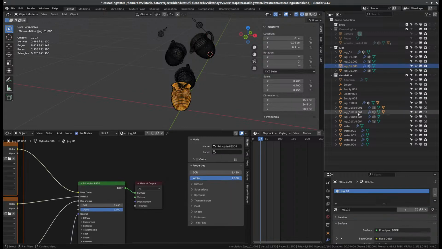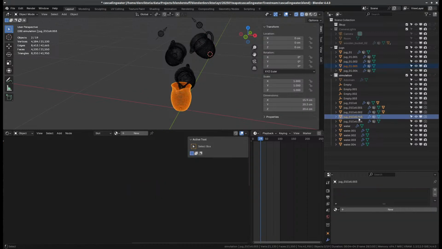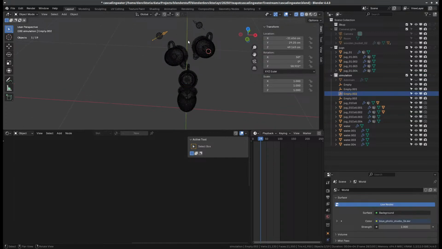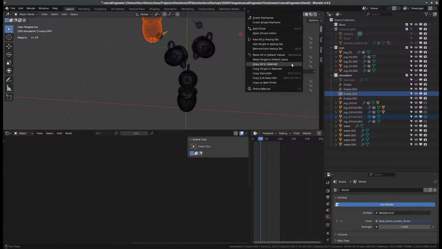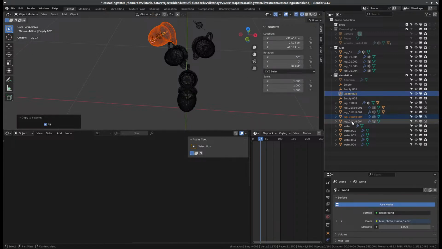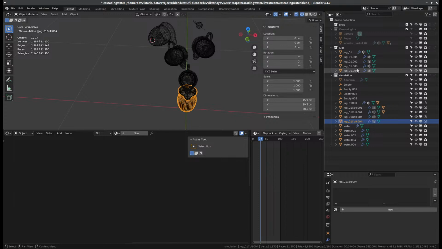Okay, now let's grab the third one and let's grab this empty, Control S, cursor to selected, and the third one, Control S, selection to cursor, Shift select, copy all to selected, and finally,